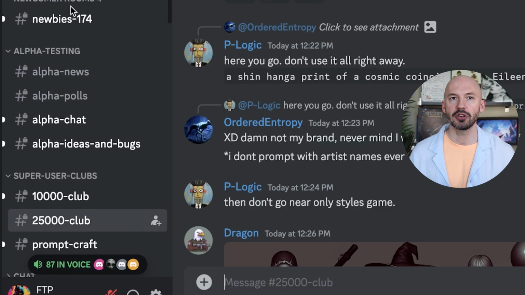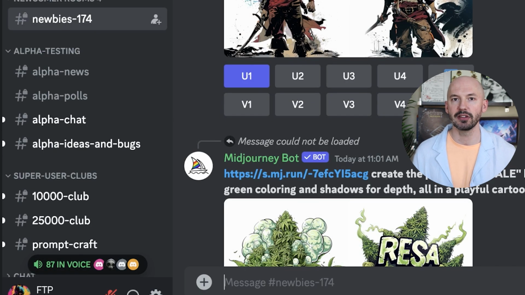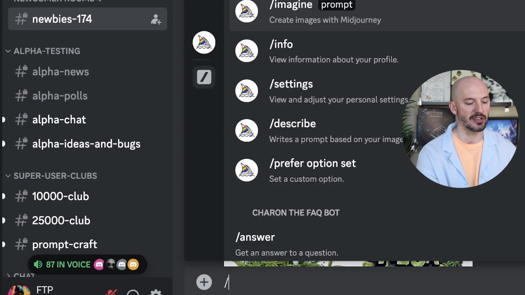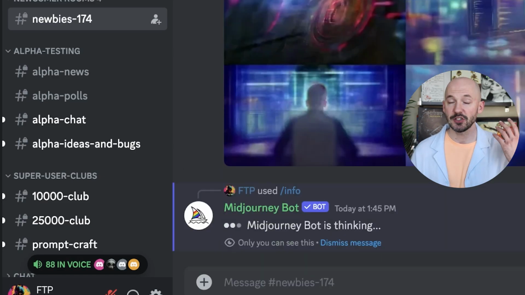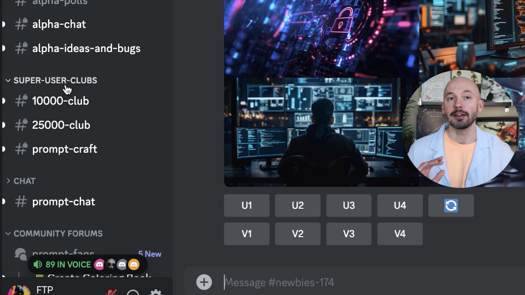So you would go to the Midjourney server and maybe you could pick a newcomer room. This is newbies 174. In the prompt box, all I'm going to do is hit /info. This will bring up your information, but this will also sync your information with the Midjourney bot. Then you would see over here on the left, if you've made over a certain amount of images, these new